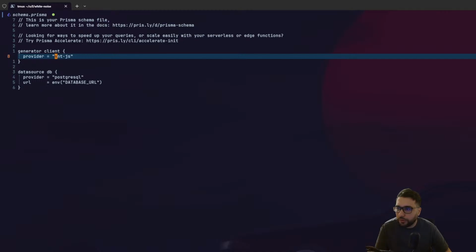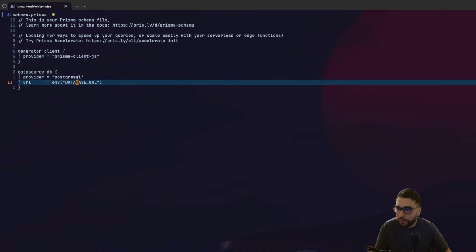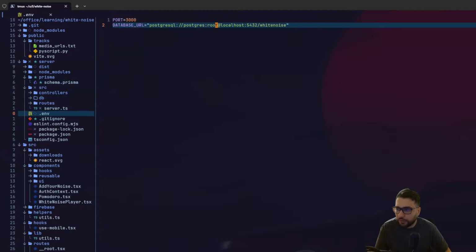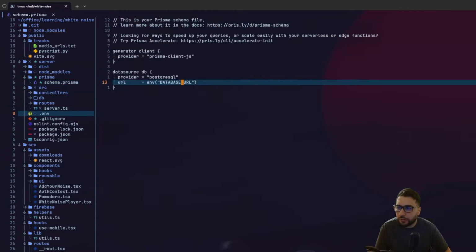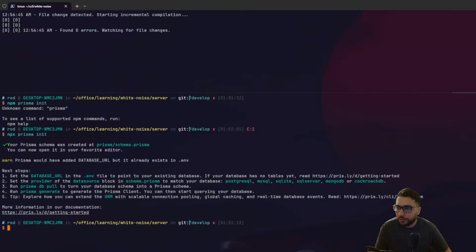Provider should be, you know what, I don't want to mess with this one. Yeah, env database URL, that's correct actually. Let me just check, because now we are running it locally. Yeah, correct. Nice, so that's fine. Now it says that we need to Prisma